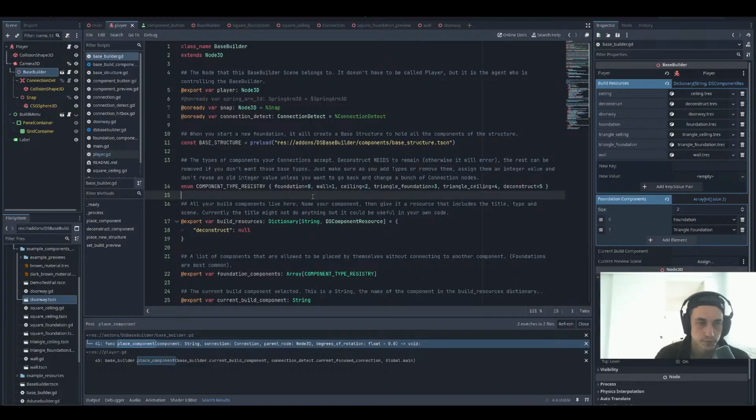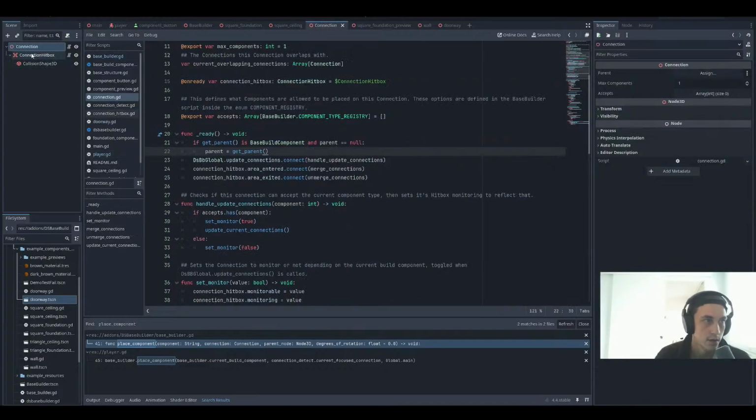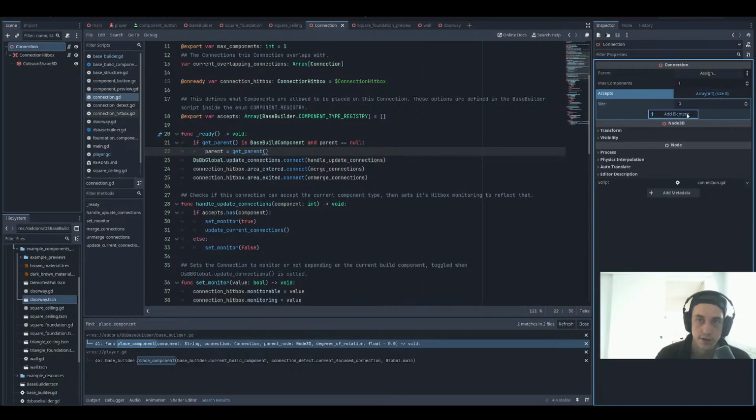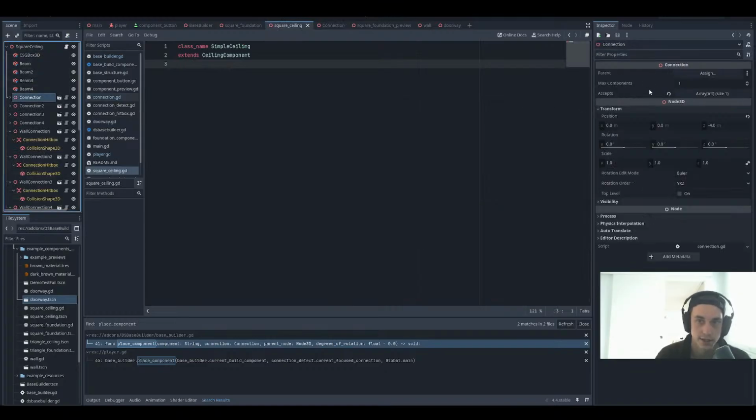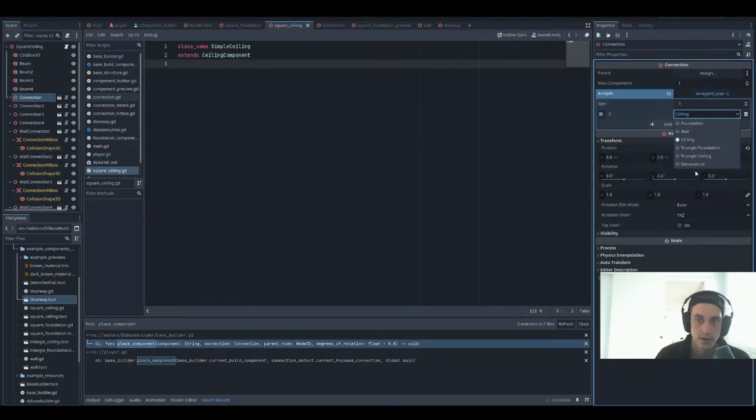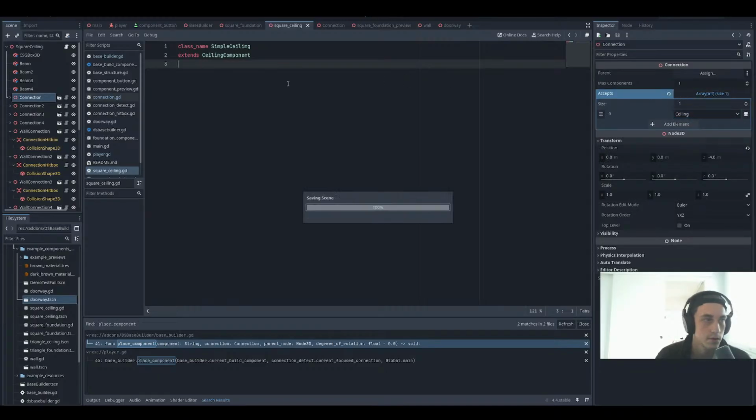And that's where, when you click on your connection somewhere, like right here, it will say accepts, and then you can add an element and give it a type. So like this connection accepts. Now it loads in all the default values. There is also